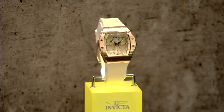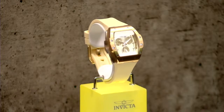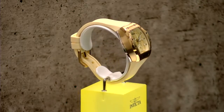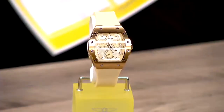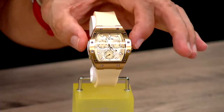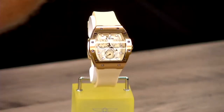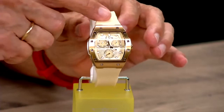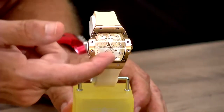We have a fantastic racing team collection within the Invicta family in many different color tones and many different styles, and we just recently introduced, I would say 2 months ago, the ladies version of the racing edition. And right here I have model number 45645. It's a fantastic, very feminine looking racing watch from the Diablo series with a champagne band collar, a really special collar, beautiful mother of pearl dial,